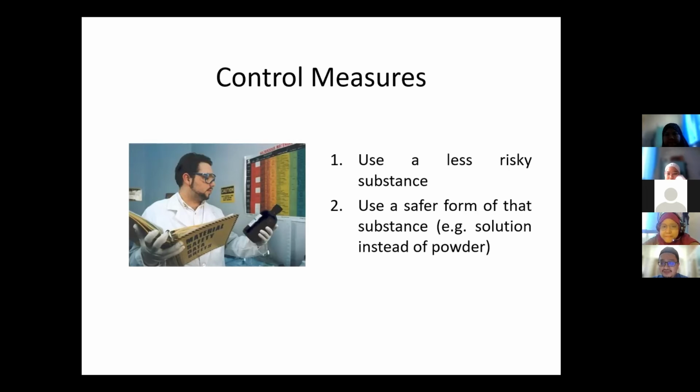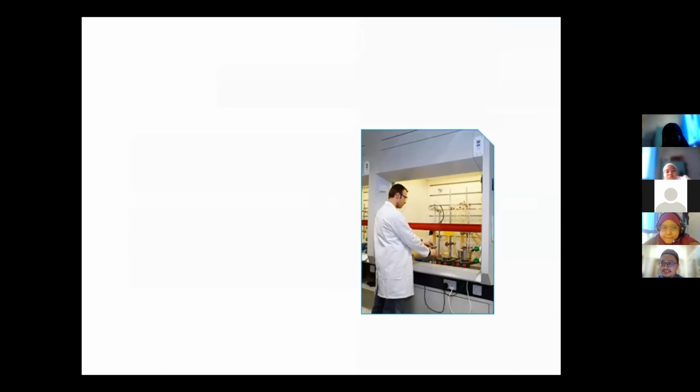Use a safer form of that substance. We use solution instead of powder, contohnya. Okay, sometimes powder dia lagi cheaper, but there is a higher risk. Okay, control measures also means that we